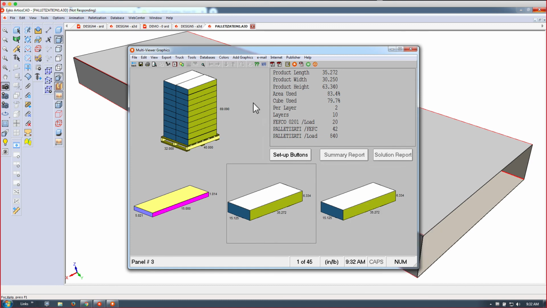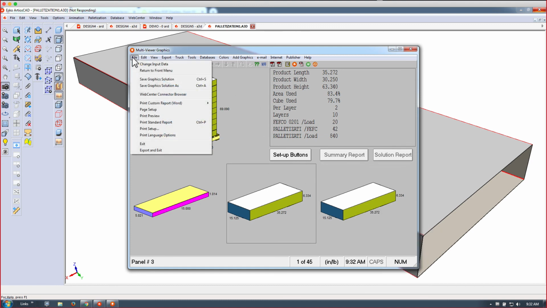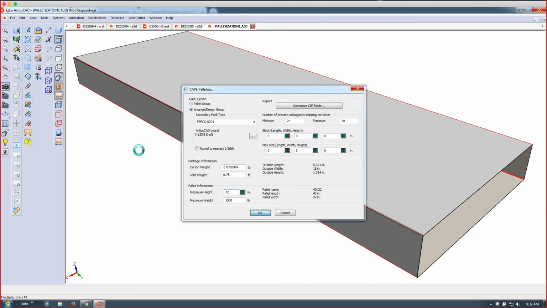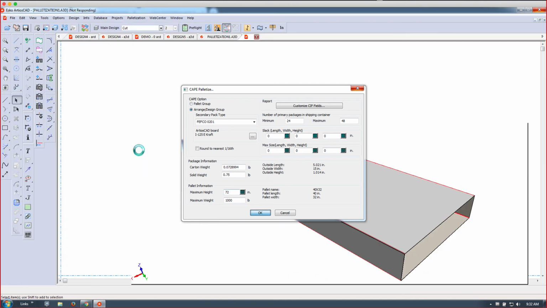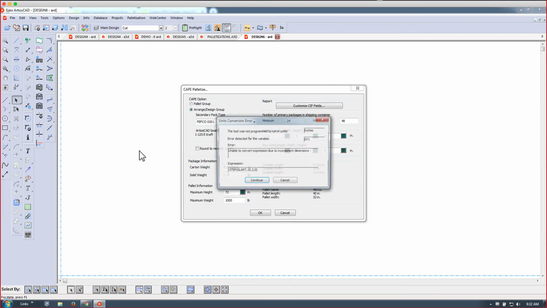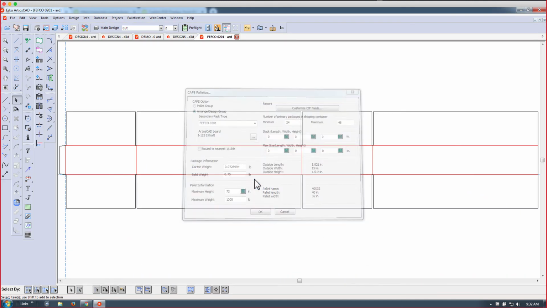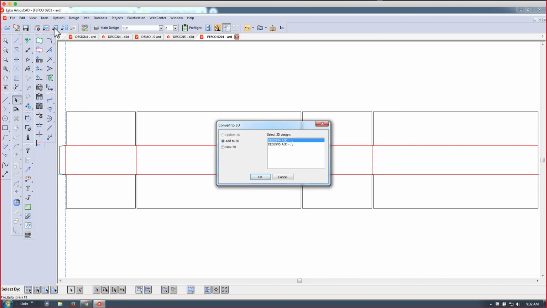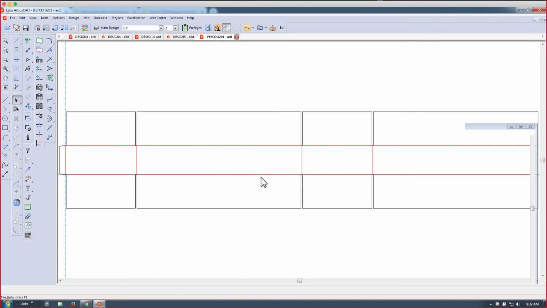So once you are happy with this, you can go ahead and use the export and exit, which will then take that FEFCO 201 brown box that it determined and right here create that for you. So now you can quickly create a new 3D or add it to the existing one and fill it with the primary design